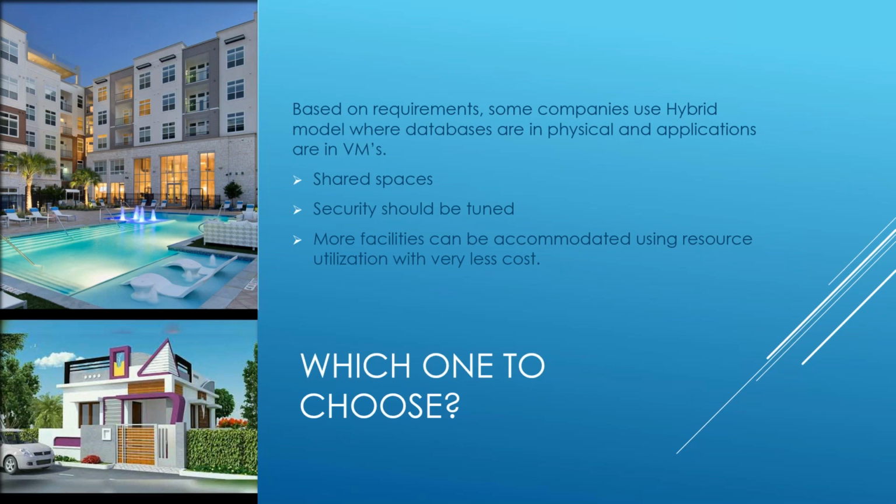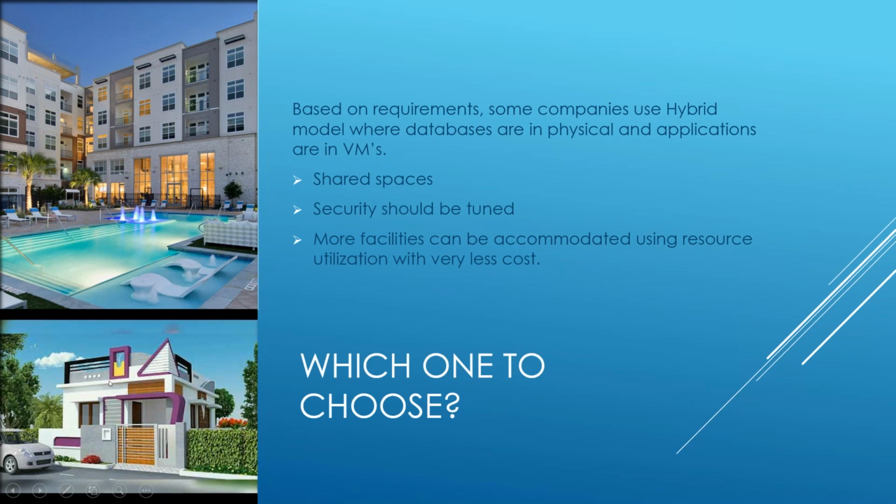So if you have more money, you go with an independent house. If you have less money and you want more facilities, then you go with an apartment. Obviously, when you are running a business, you can now start thinking of your business. For the entire Docker and Kubernetes course, I will tell you to assume you are doing a business like constructing homes and selling them, or constructing homes and giving them for rent.